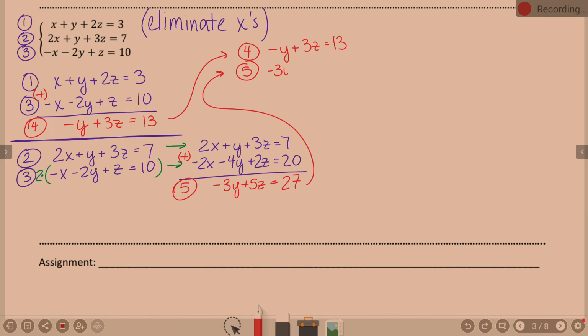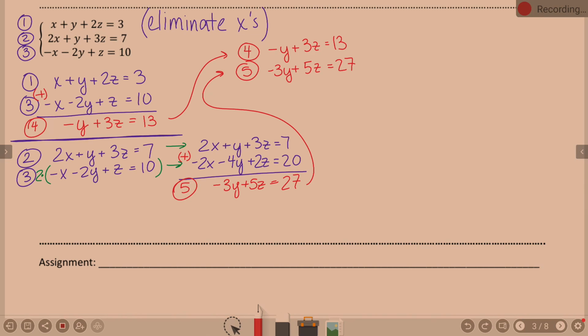And 5 is negative 3y plus 5z equals 27. And now, what do you want to eliminate now, right? You can either eliminate y's or z's. I'd probably go with y's